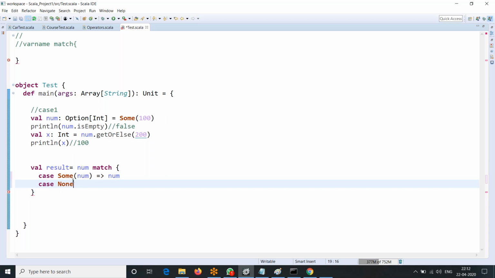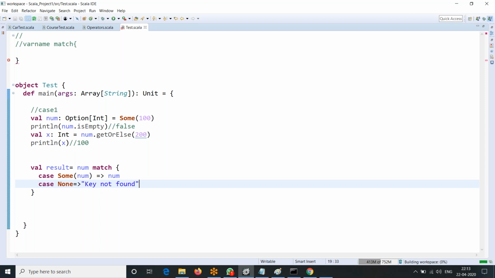You can see here the constants with Option: it can have two objects, either the Some object or the None object. If it is Some, it takes a parameter as a value that I am trying to compare. If it is matching with that, then we extract num from the Some. If it is None, we just give simple text here, key not found.